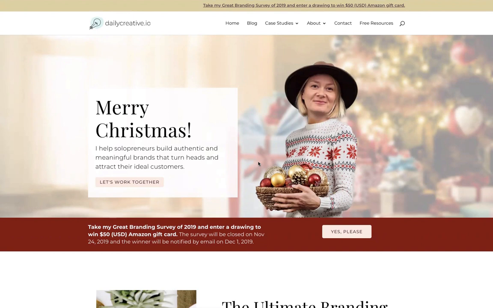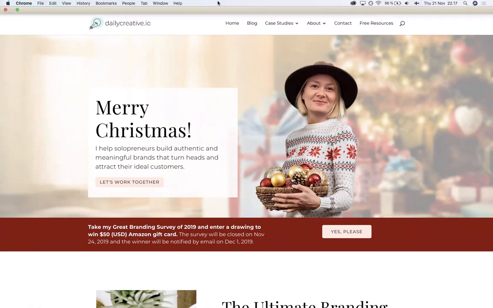Okay, I hope this gives some clarity around the holiday theming. So don't go changing your logo. Don't go changing your fonts. You can add a font. You can add one color. Remember, it's a campaign. It'll go away after Christmas. You don't, per se, go changing your brand. You're just putting a Christmas sweater, so to speak, on your branding.